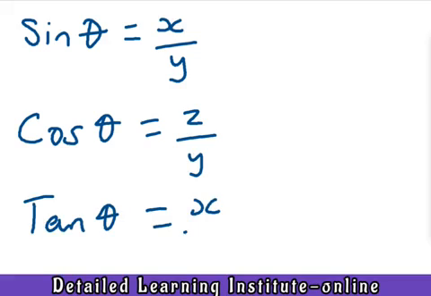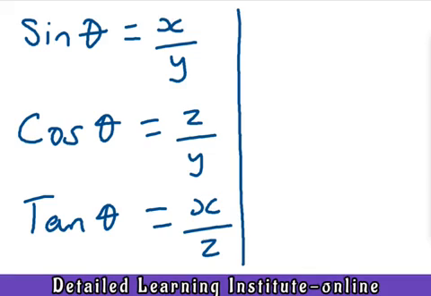So this gives us the relationship between sine theta, between the two sides of the triangle that produce sine theta, the two sides of a triangle that produce cos theta, and the two sides of a triangle that produce what? Tan theta. Now you can also find the value of theta by now taking the sine inverse. So if you have to find theta here, you now take the sine inverse. Sine inverse is like saying